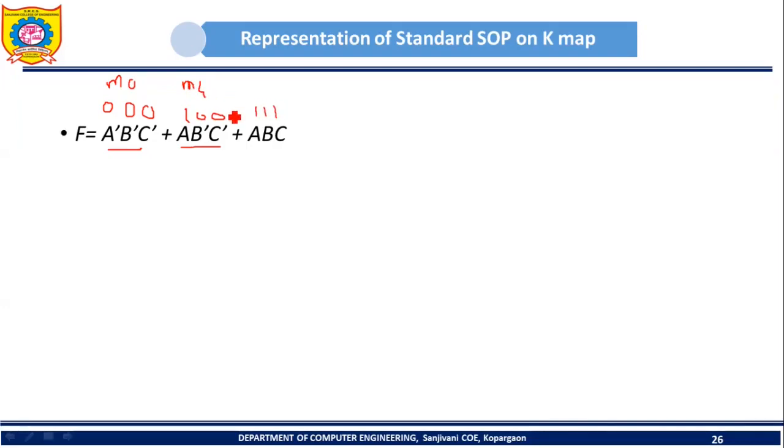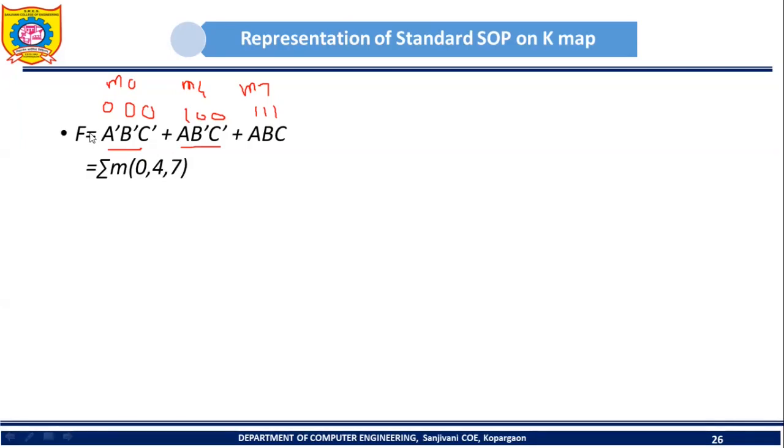Okay, so using the mouse it is very difficult to show all these things properly, so please understand. Then 1, 1, 1, it is a binary number, so convert it into decimal. If I convert it into decimal, then I will get m7. So I can say that m0, m4 and m7 are the minterms that are present in this function. These minterms can be shown like this: F is equal to summation m, then in bracket 0, 4, 7. This is the symbol for minterm, m0, m4 and m7. So these are three minterms that are present in this particular function.